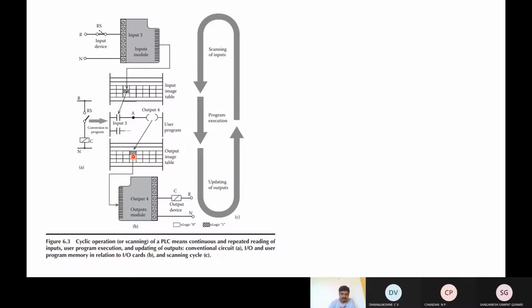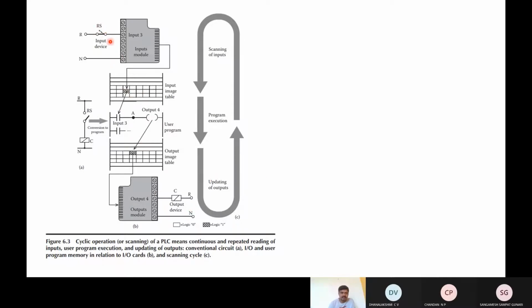Since the output is connected to the 4th terminal block of the output module, in the 4th column you can find this pattern or hatching. Then this output will be delivered to an external device. So this is how it works.